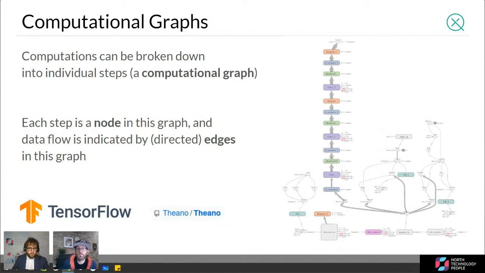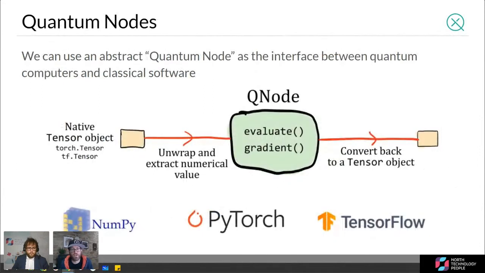So to build quantum machine learning software, you can take this idea of a computational graph and extend it by replacing some of those classical nodes in the graph with quantum circuits, this Q node. The idea, this black box that we talked about, right? So we call these Q nodes. You might see this come up a lot. A quantum node or a Q node is this self-contained differentiable quantum circuit. So in a larger model, some piece of work is handed off to a quantum computer, which might do some processing, and hands its result back to the larger model, much like you might hand off processing to a GPU, for example.